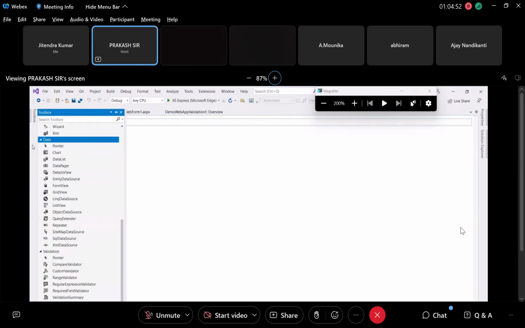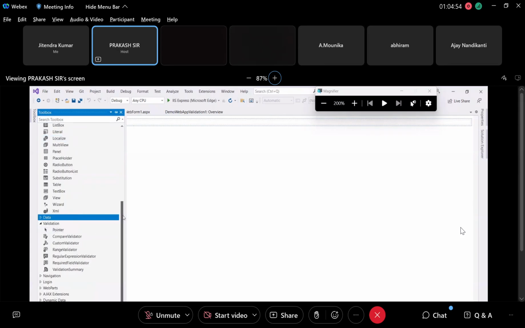So before we go to data section, we should have a look at validation controls. These are important, guys. Validation controls. Okay. In interviews, definitely they'll ask you how to do data validation or validation controls. How to make use of validation controls in ASP.NET. So those controls we need to explain. We need to discuss